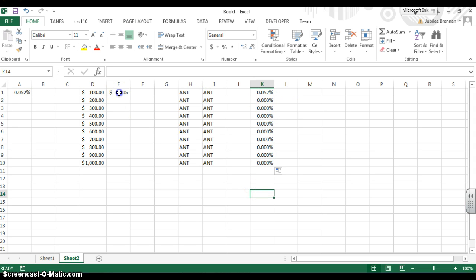Now, what happens if I drag this down then? It should copy the formula, right? A1, A2, correct? So it's going to be A2 times D2, which is 0 times 200. It's going to be empty, 0. Make sense? So if I want to do the interest rates, which are always the same rates,